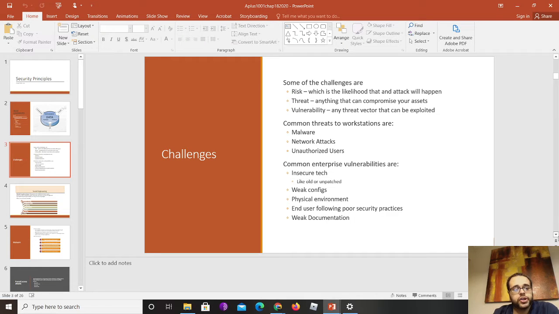a system that is unpatched because of poor security practices of the company, and weak configurations, which could be, maybe, default accounts on a device that nobody changed. This happens a lot with system administrators. They try to build an infrastructure from the get-go, in the beginning. Let's say the business is starting and they're trying to get all these devices configured, a network and the infrastructure set up and everything.